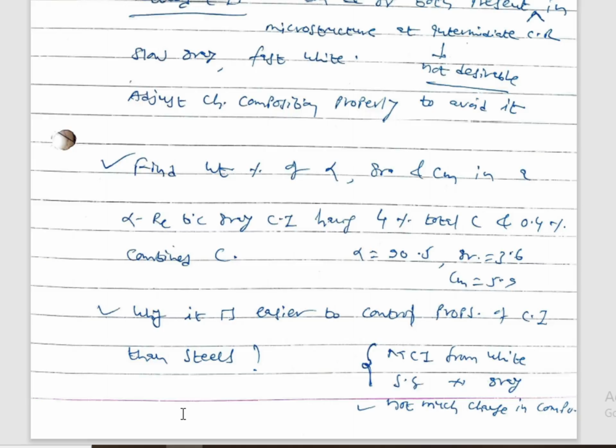So this is the numerical for the homework. Find weight percentage of alpha, graphite and cementite in a ferritic pearlitic gray cast iron having 4% total carbon and 0.4%